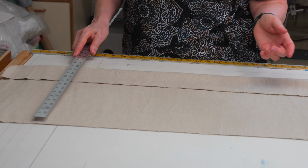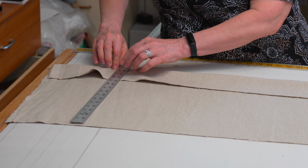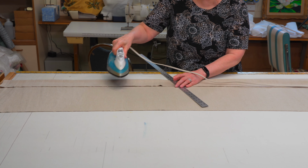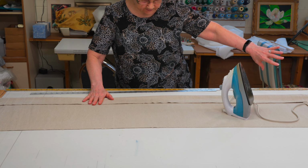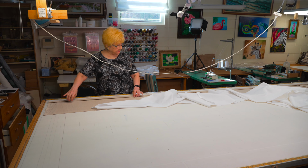Our drop of bed skirt is 14 inches, so I will measure 15 inches from top to bottom. Make it 15, exactly, and we'll iron it. Again, I measure 15 inches and iron it. When I will press all the way all fabric, I will put this hem double and iron again. So I made all hem all the way,